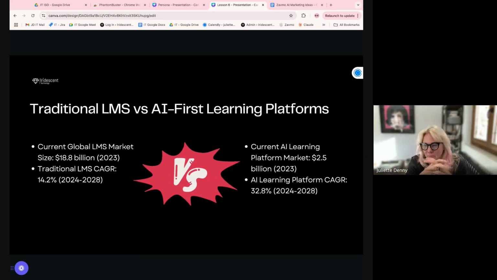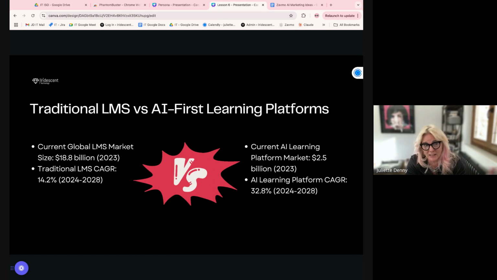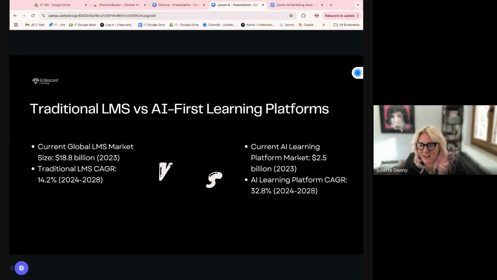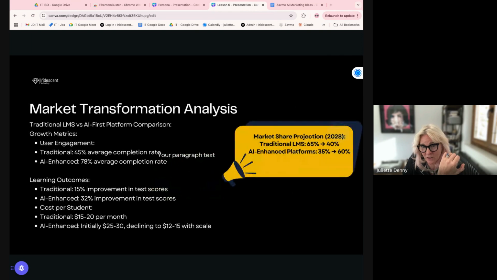So by looking to the future, by looking at the growth rate, you can see that the AI learning market very, very quickly is going to be bigger than the traditional LMS market. Eventually it will be. So by moving into the AI learning space, not only are we building on a traditional market that's got a compound annual growth rate of 14%, we're also adding bigger areas of growth, which we can upsell and cross-sell within the existing company. And this is a classic example of utilizing opportunities in the marketplace in order to maximize the compound annual growth rate of the market that you're going after.